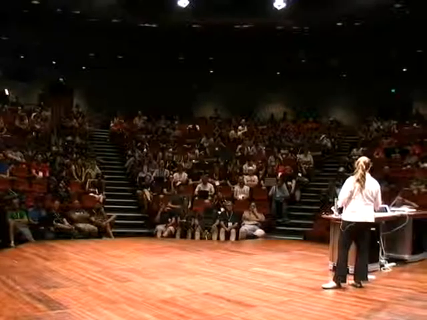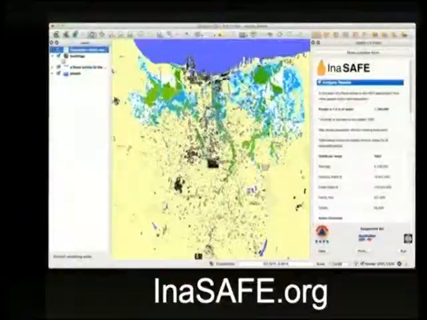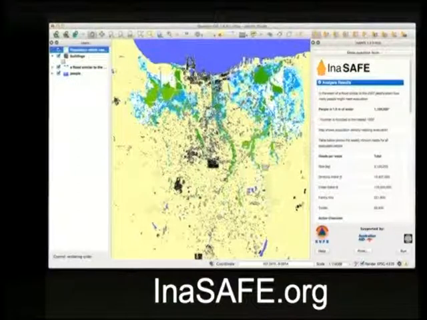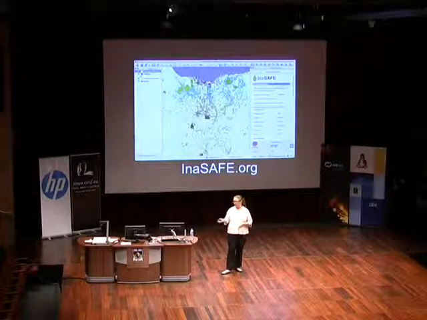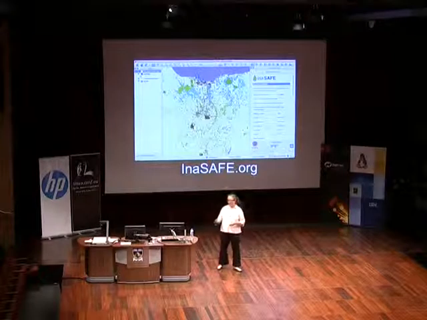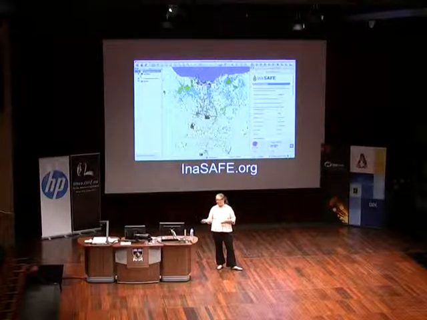The problem was that exposure component. There were very good scientific hazard models available, but that exposure information of where critical infrastructure was didn't exist in the level of detail needed to use this type of modeling. So this is just a screenshot from InaSAFE. It's a Quantum GIS, QGIS, plugin. QGIS is a desktop GIS software, geographic information systems. And it's a plugin for it. If you're interested, check it out, and you can download it, also with some sample data from inasafe.org.